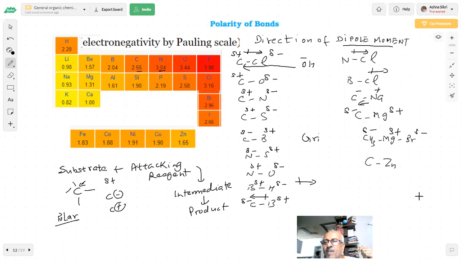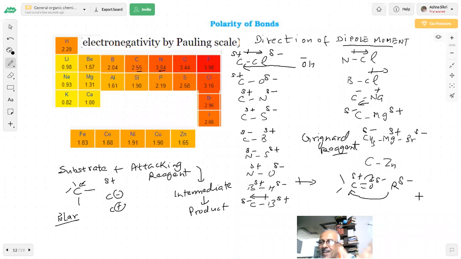Grignard's reagent will be used a lot in organic chemistry. Got it? Yes, sir. So R plus will become negative, it will become a nucleophile. And what does a nucleophile do? If I have a C double bond O, then R negative is going to attack this carbon, because this is negative, this is positive. See that story? Yes, sir. That's why we are talking of the electronegativity scale I have given you. So we can see which is more electronegative from this comparison. Values are given by the Pauling scale.